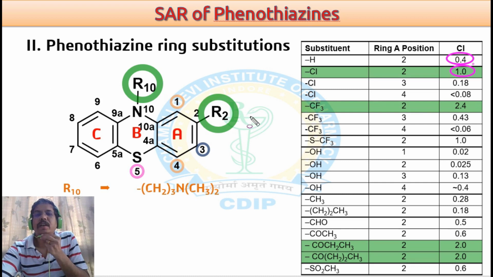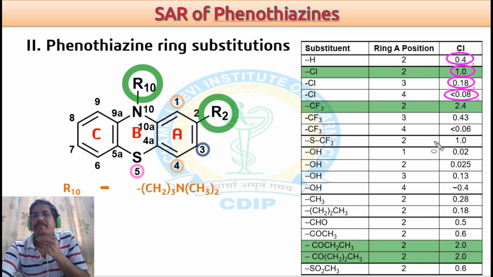If you look for another change, this 2 position remains unsubstituted, while this chlorine is shifted from 2 to 3 position, then activity is dramatically decreased, and especially if shifted to the fourth position, then activity is so poor, that is less than 0.08 as compared to